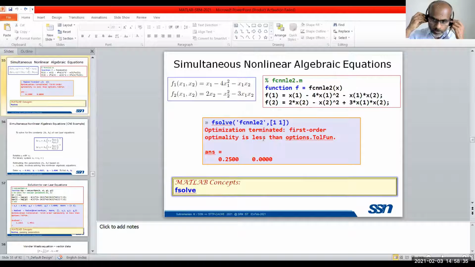Now people can try simply copy this and type in your... one minute.